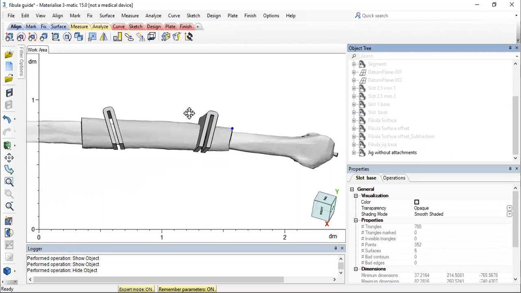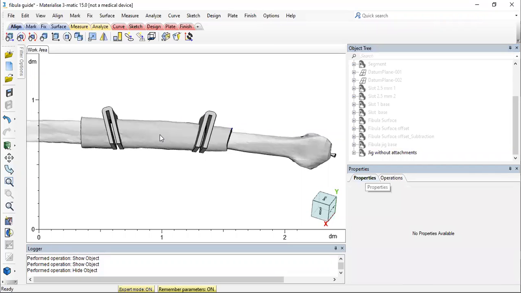To finish the file, you can use multiple operations of smooth edge. Then you can name the file, and if you want, you can give different slots. Maybe if in case the weight of the file is getting heavier, you can still, using the trim operation, create a slot here so that you reduce the surface area. Maybe in case you don't want to do cautery over such a huge area, you can further trim the area by just removing this entire connection away, right? So you can customize this and change the steps as per your requirement. But this is how a basic fibula jig looks like.